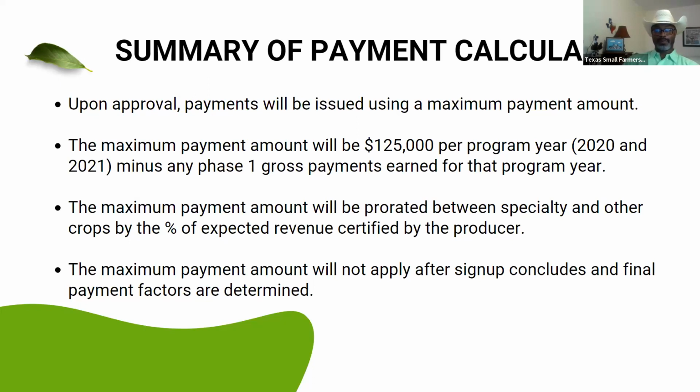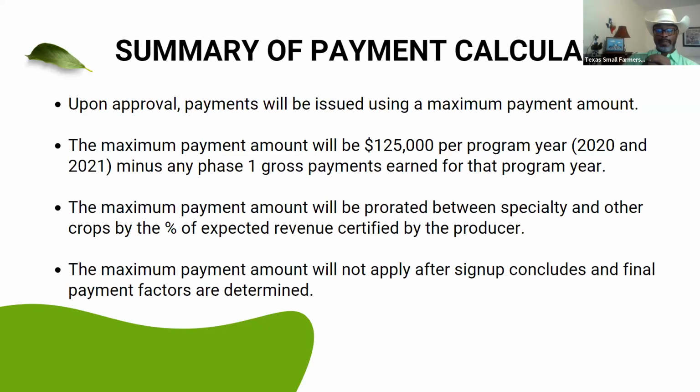But just wanted to provide a summary of the payment calculations. So upon approval, payments will be issued using a maximum payment amount. Maximum payment amount will be $125,000 per program year. So that's in this particular case, 2020 and 2021, minus any phase one gross payments earned for that program